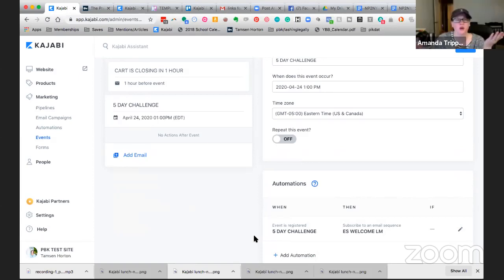So Amanda, if you were going to do more than one 5-day challenge, though, it would make more sense to do it this way instead of your emails in events, wouldn't it? Because you'll clone the event. Create all those emails. You would clone the event. If you're going to do multiple challenges, when you're running a challenge, you're going to want those timed emails. Okay. If the challenge ends at noon on a Friday, you want the emails. Time is of the essence. So in a challenge, timing matters.